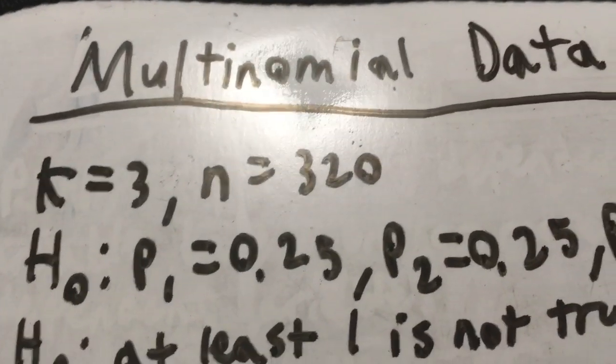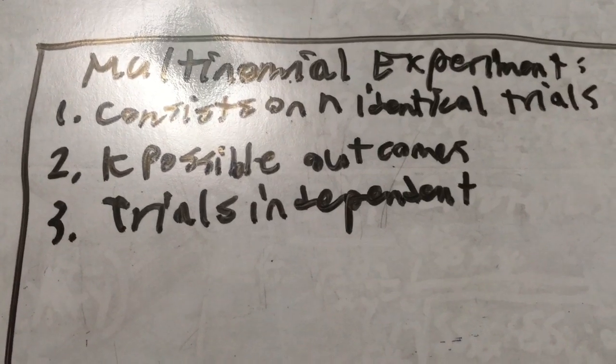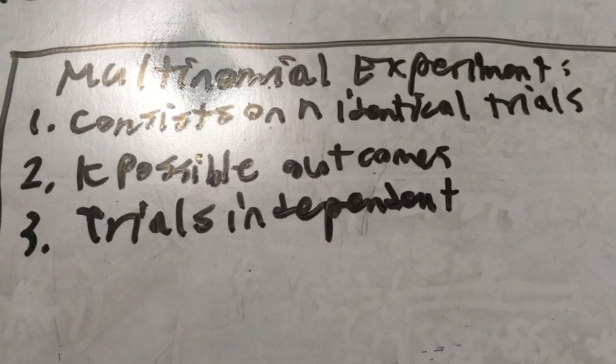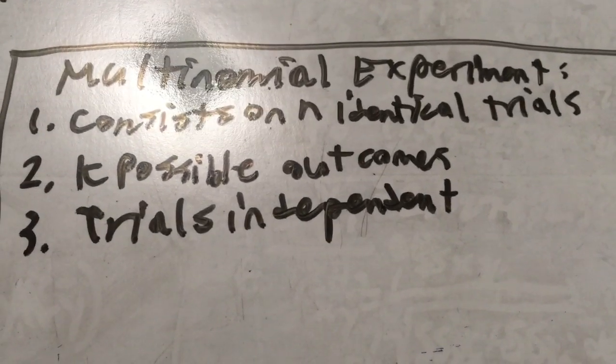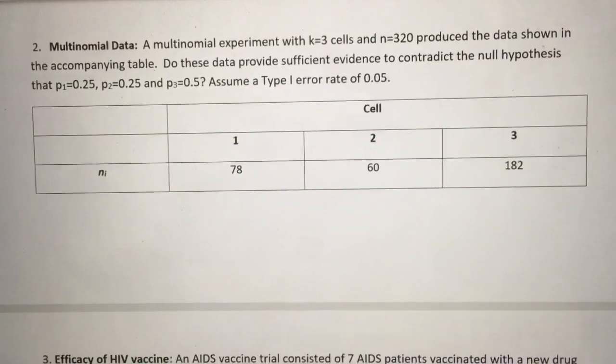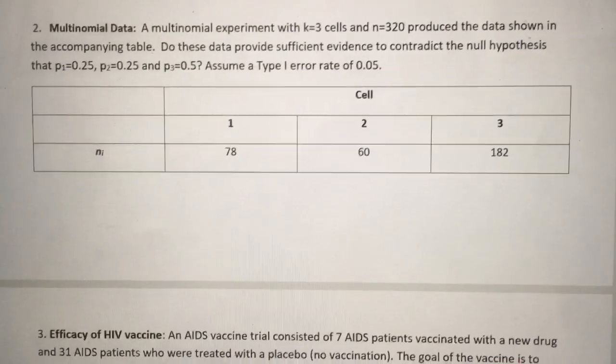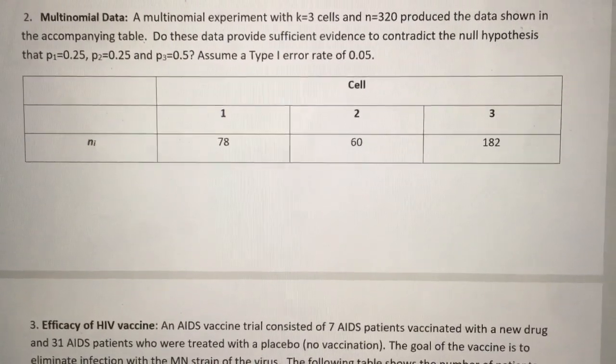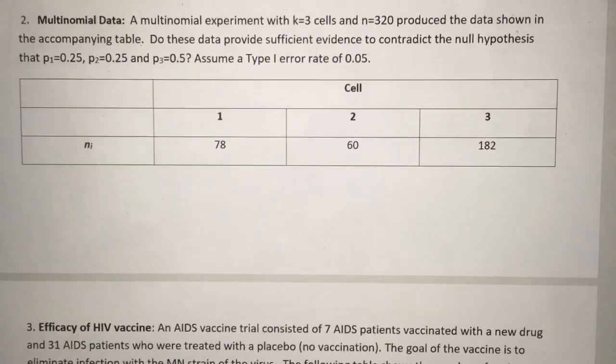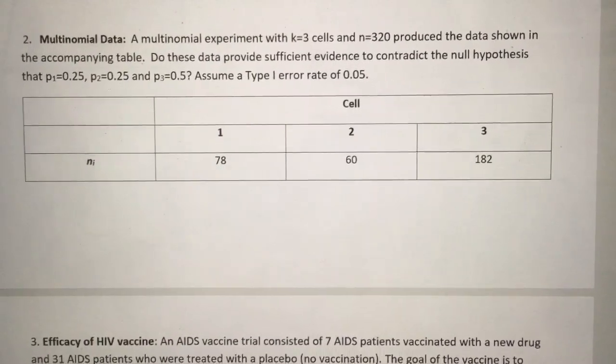So today I wanted to talk about multinomial data. Multinomial experiments consist of n identical trials with k possible outcomes and independent trials. The best way to explain this is with a problem. Here we're going to look at a multinomial experiment with k equals 3 cells and n equals 320 that produced this data